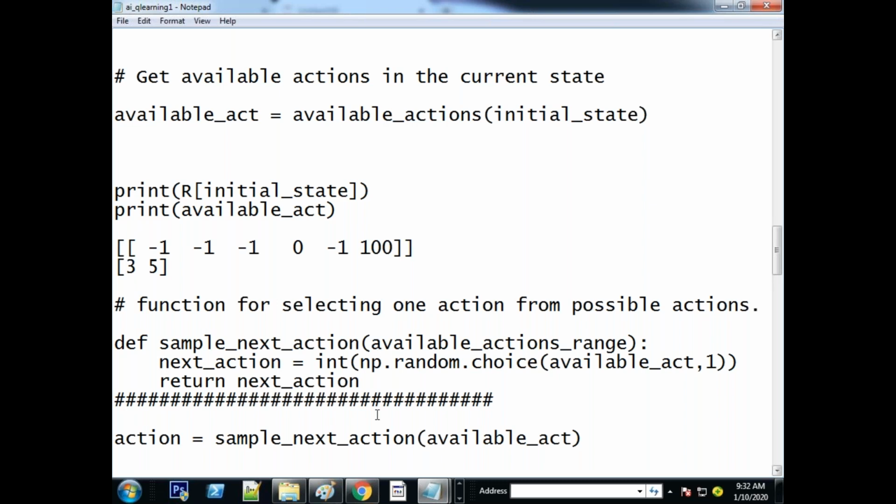Second step, the knowledge matrix. What is the rule for the environment and knowledge matrix? See, the size should be the same. Initially, knowledge should be zeros. All values zeros. And third step,